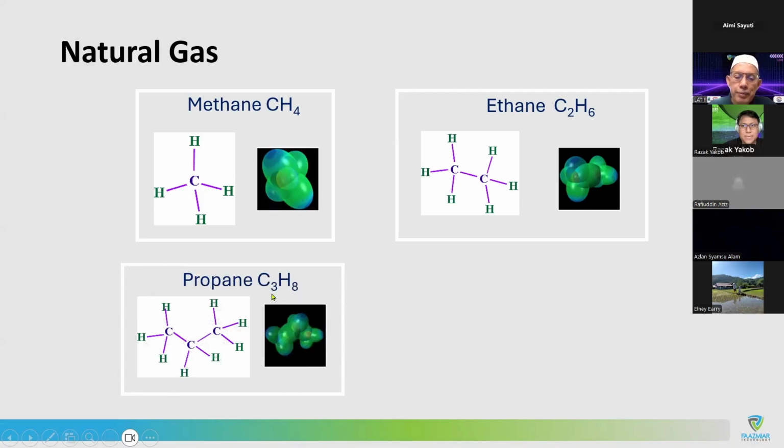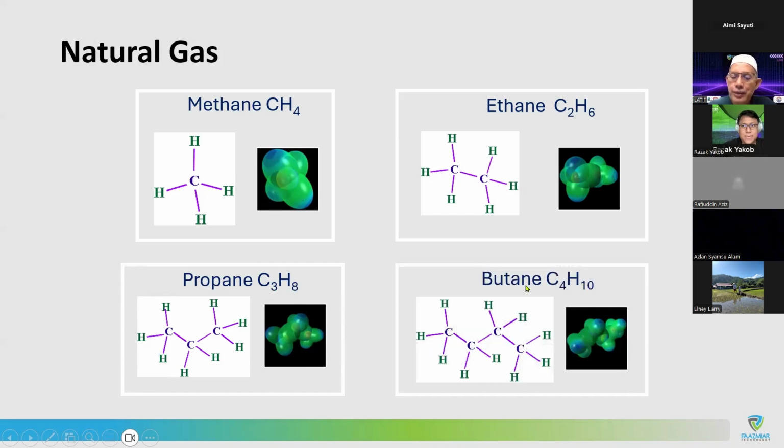They have 3 carbon and 8 hydrogen. Butane is much more. It's almost like going to liquid. Methane, ethane, and propane are mostly in gaseous form. Once you go to C4 components, then it could start to become a bit liquid. So that's how we see that gas can be in the situation of simple gas with one C, or even the complex C plus plus, getting heavier, even up to liquid form.